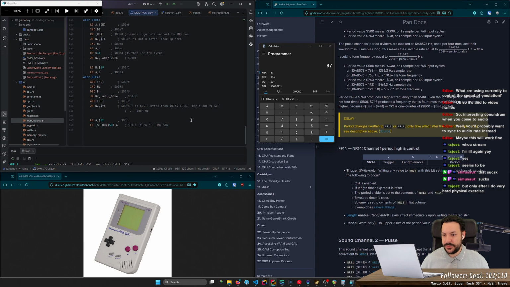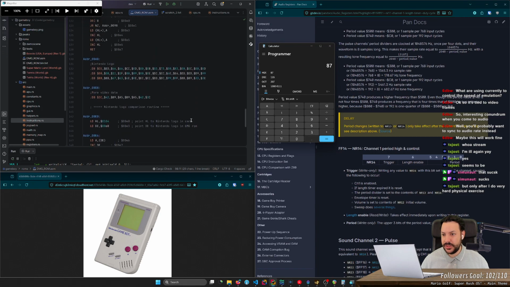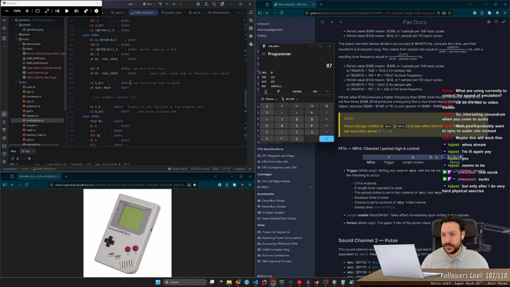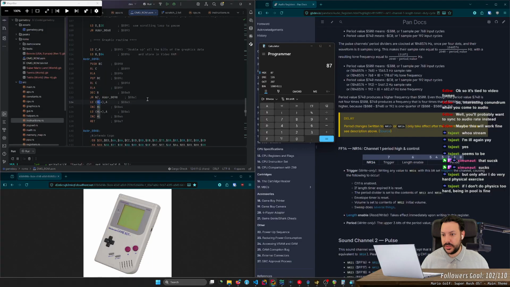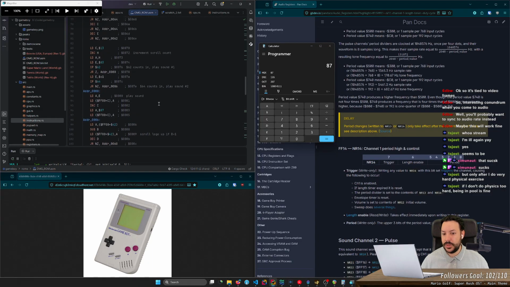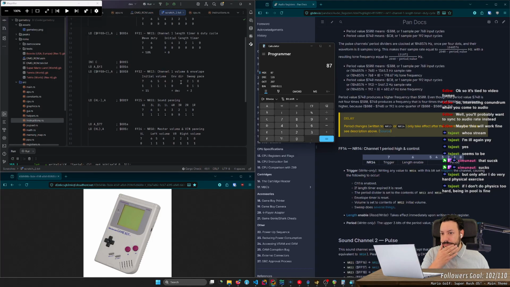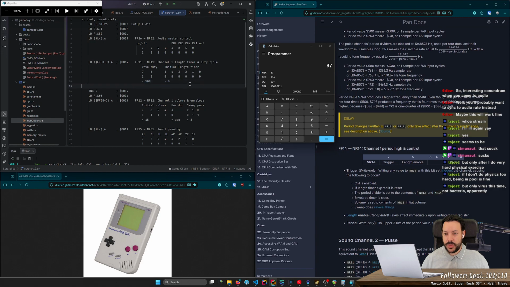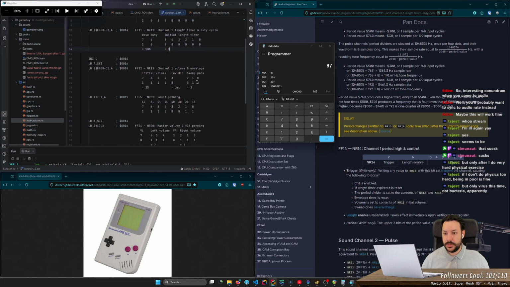Okay, this doesn't have anything audio related apparently. This gel is something else. Double up the beats, blah blah blah. Okay, so making a small summary of what is happening here. We enable the audio processing unit. We set channel 1 to 50% wave duty, starting at 0.